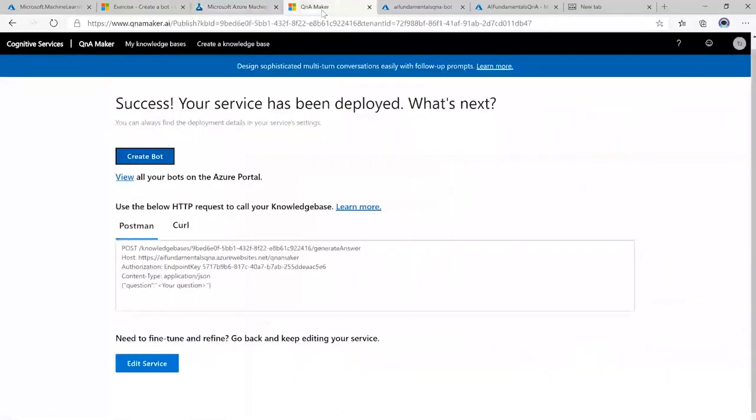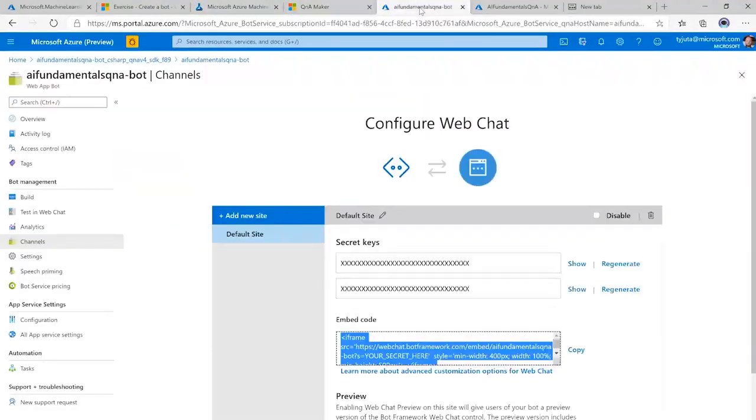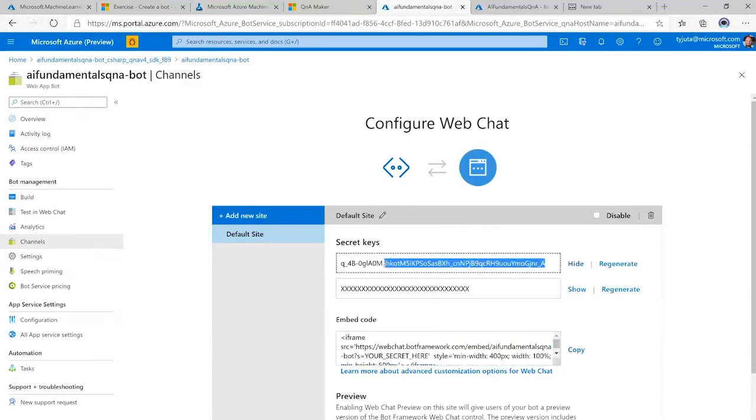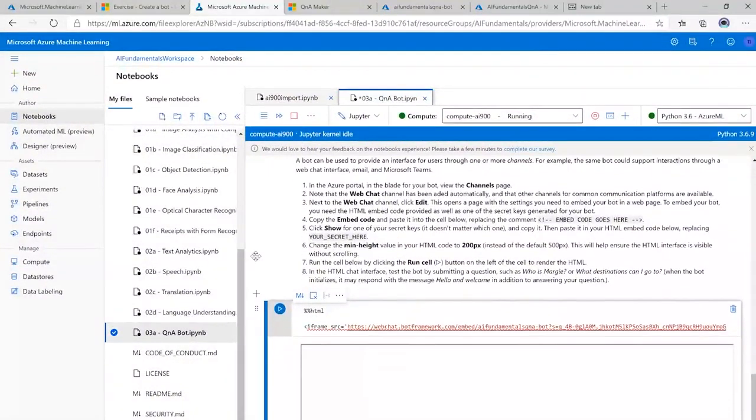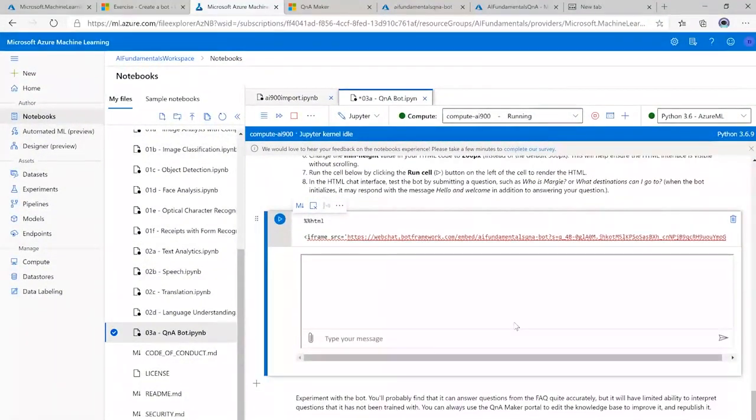So I'm going to click here. I'm going to click here. And I'm going to see one of these keys, copy it, paste it right in there, and then I can just start running this code. So again, it creates an iframe, which is like a frame in a frame. And here you can also see that my chat window and my bot is now up and running right here